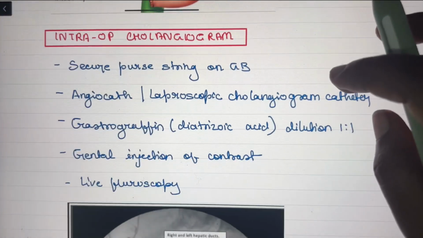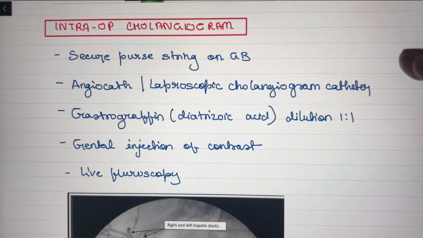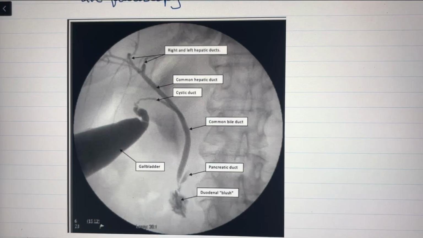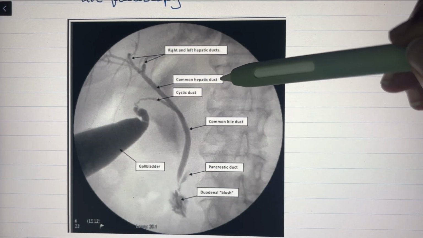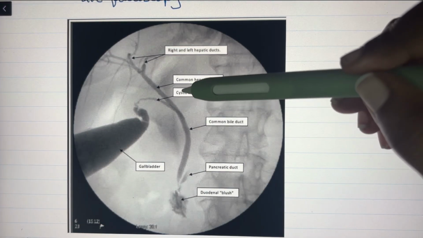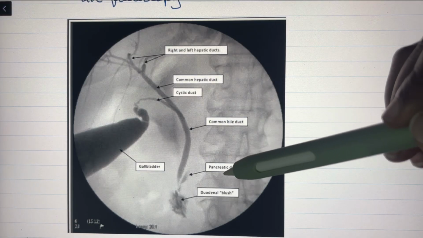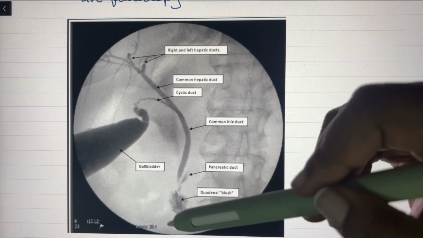Now, intraoperative cholangiogram, I have to say a few points about it. This is a picture of a normal intraoperative cholangiogram. How is this done? I have already told, intraoperative cholangiogram is the gold standard. So here we have the gallbladder. This is the normal intraoperative cholangiogram. This is the gallbladder, right and left hepatic duct, common hepatic duct, cystic duct joins, cystic duct and common hepatic duct join to form the common bile duct, then the pancreatic duct joins, and there is a flush of the dye